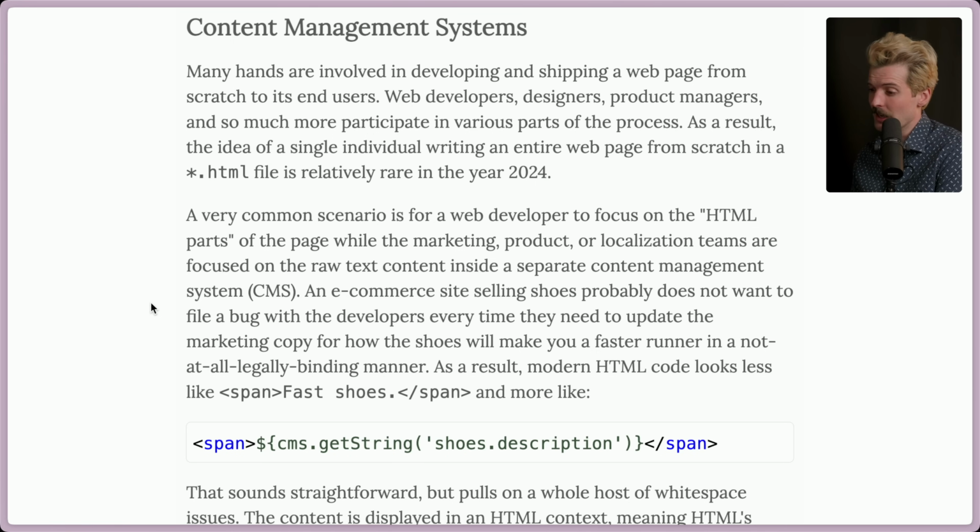A very common scenario is for a web dev to focus on the HTML parts of the page while the marketing, product, and localization teams are focused on the raw text content inside a separate content management system, a CMS. An e-commerce site selling shoes probably doesn't want to file a bug with the devs every time they need to update the marketing copy for how the shoes will make you a faster runner in a not at all legally binding manner. And as a result, the modern HTML code looks less like span, fast shoes, close tag, and more